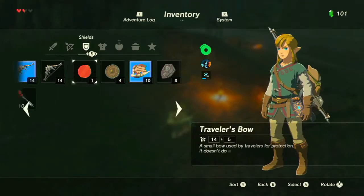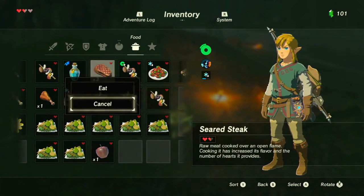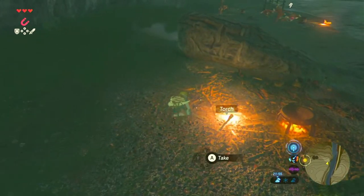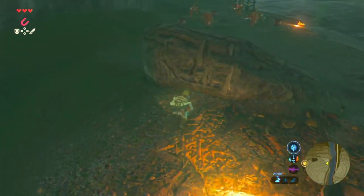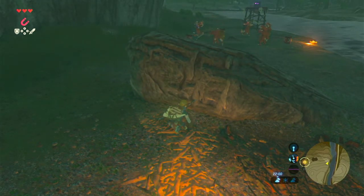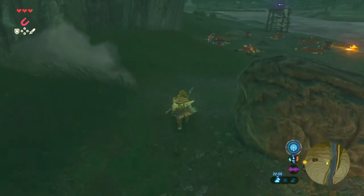Let's actually eat something so I don't ruin myself. That didn't go the way I wanted it to, because I was wanting to blow up the bombs like that, but anyway. It's fine now. Probably. They are very partying, except they seem to be all tired out. And now, let's go ahead and sneak up to them